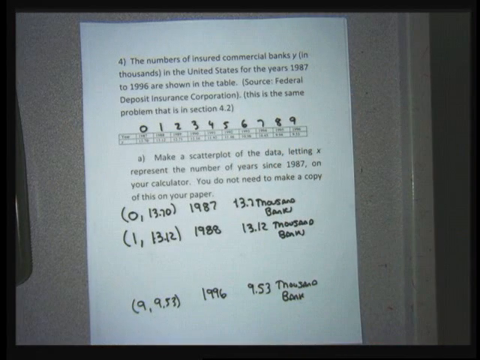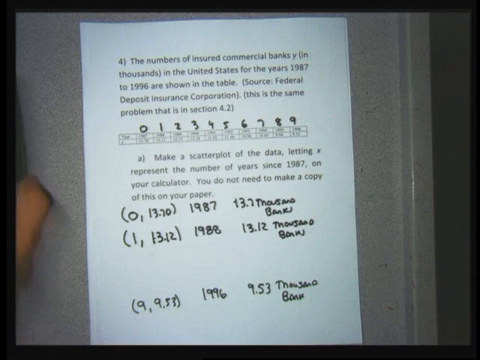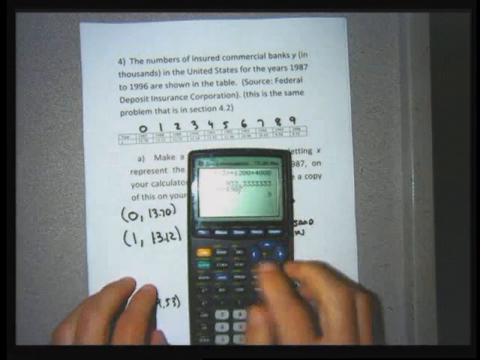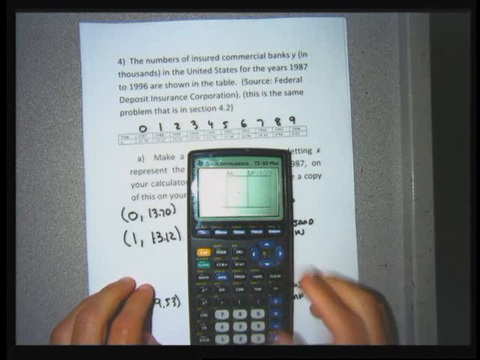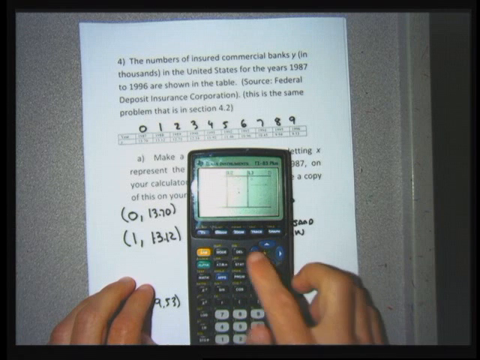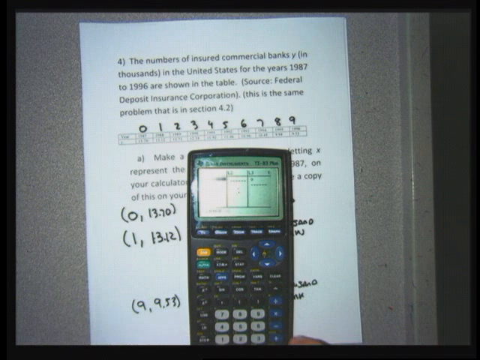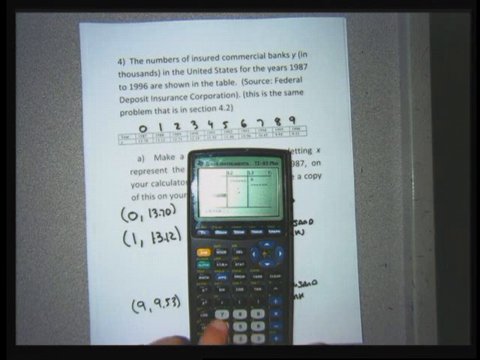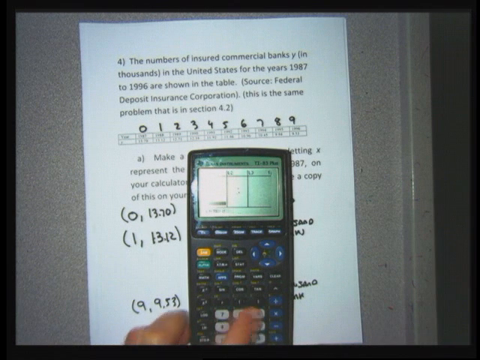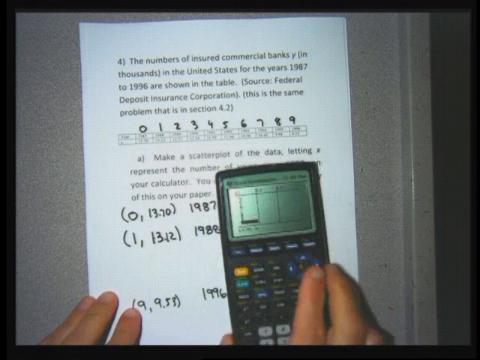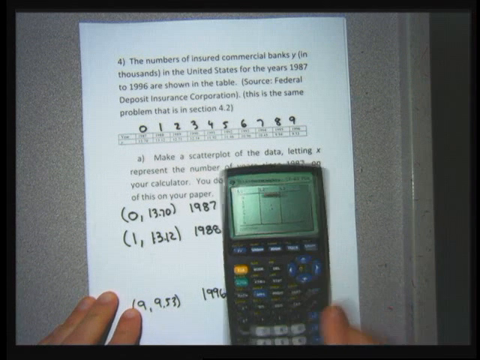So I'm going to enter those points, make a scatter plot on my calculator, but not graph it by hand, because that's just too tedious to do. So hit my stat button, hit enter on edit, clear out the lists that are in there. For my L1, I'm going to type 0, 1, 2, 3, 4, 5, 6, 7, 8, and 9. And in L2, I'm going to type